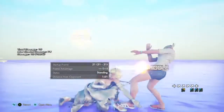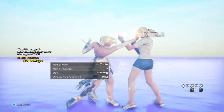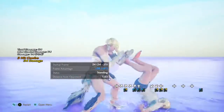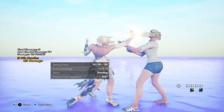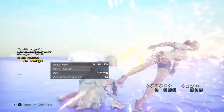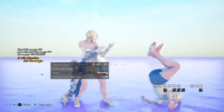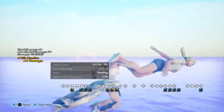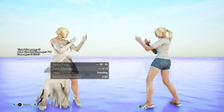And then, okay, so if you're close to the wall, you could do something like that for good wall carry, or even just something simple like, I swear that works. Maybe you have to sidestep. Yeah, there we go. So you can use it for quite high damage in combos by doing a tailspin early,